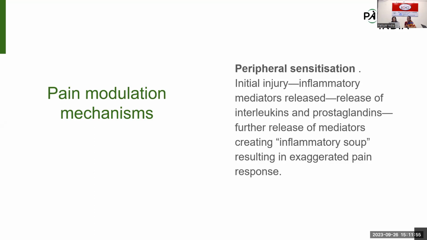So in the modulations, you have peripheral modulations and central modulations. To make things simple, peripheral modulation or peripheral sensitization is what is expressed by the chemical mediators. Whereas central sensitization is something which can be explained in a simple way. The normal book term you will see is wind up and central sensitization. For that, can someone tell me what is amplification? Simple word meaning for amplification. Or what does an amplifier do?